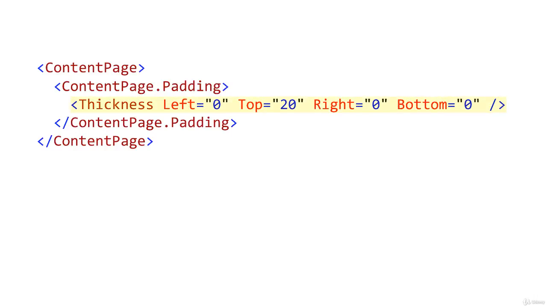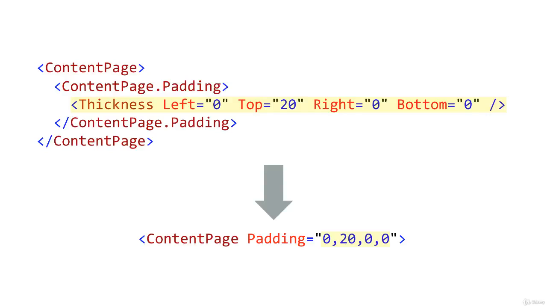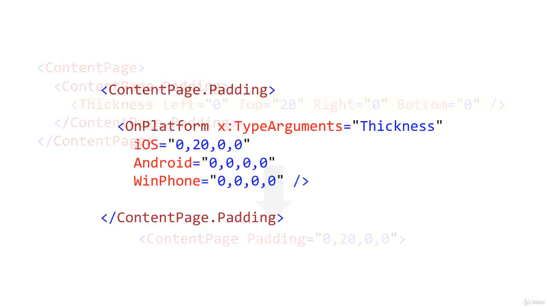That's the verbose way of creating a thickness object where you specify values for the 4 properties. But creating a thickness in XAML is so common, there is a type converter from string. So instead of the yellow line at the top there, we can just put that string 0, 20, 0, 0 as a shorthand. So if we apply that to the code we had a moment ago, it slims down